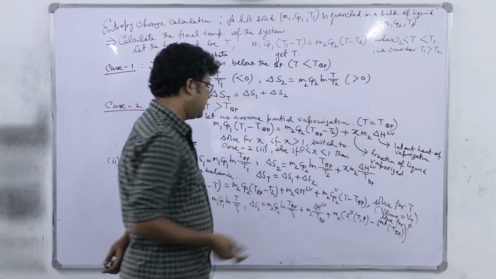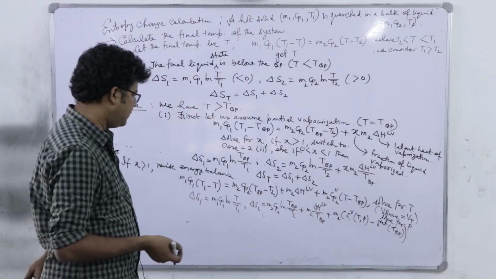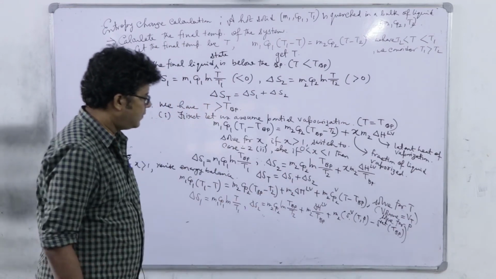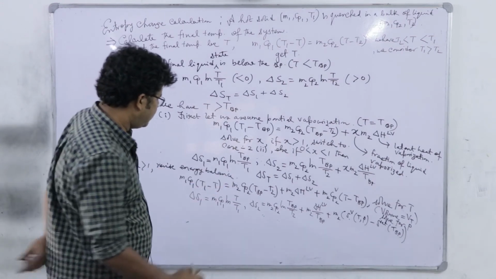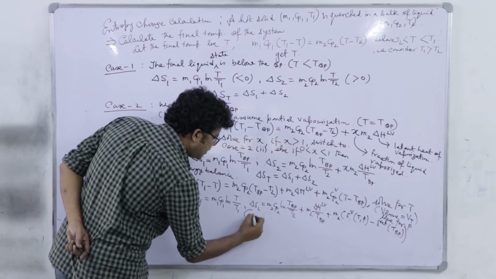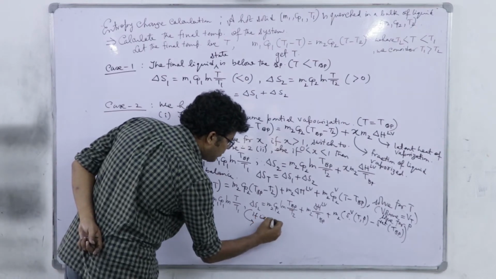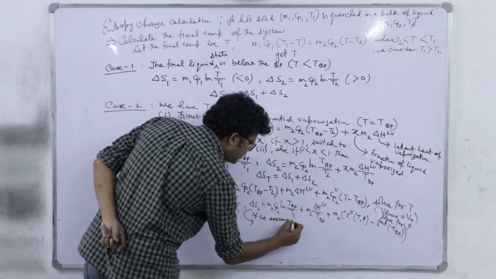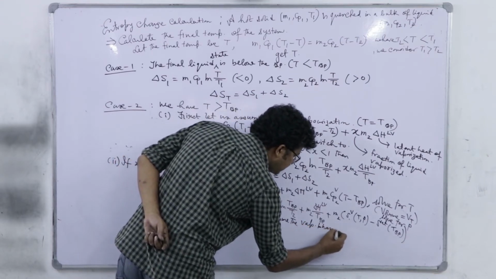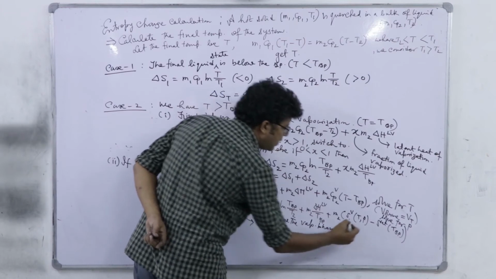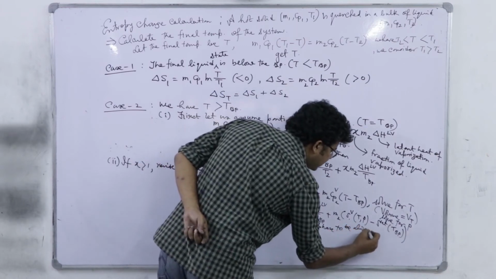So from there we can calculate this value of entropy change, and that we have to add. However, if we assume the vapor phase to be always ideal,